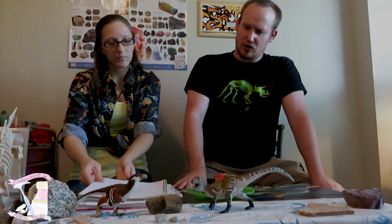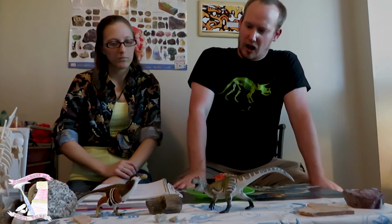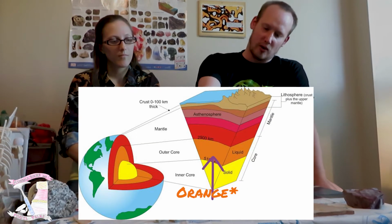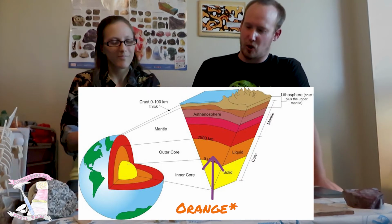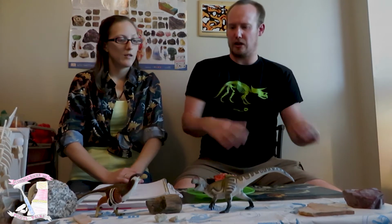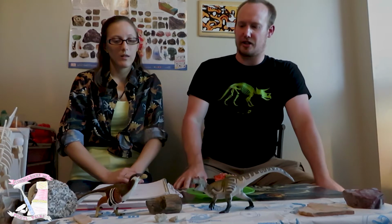Now, moving on to the core. The outer core is mostly liquid. It's this red part, red for hot. The outer core is the hottest part, but that's pretty much all liquid iron, and that's what causes Earth's magnetic field, which